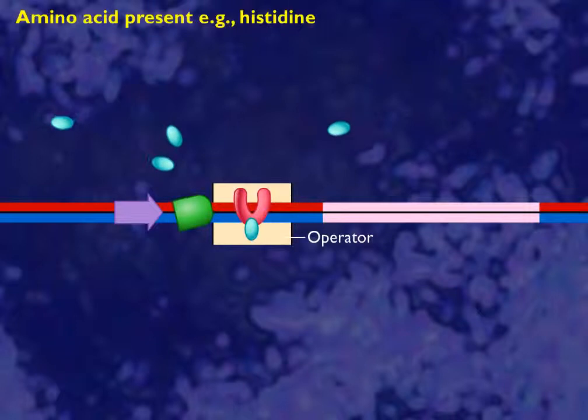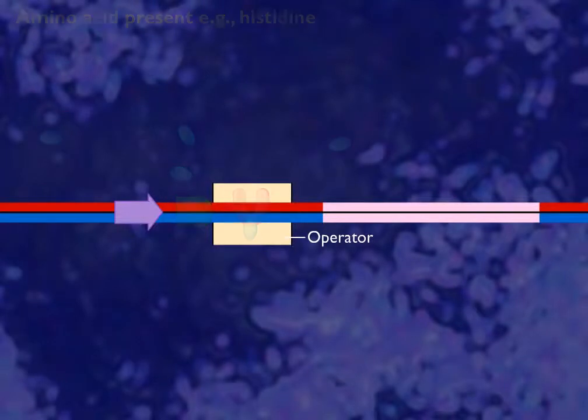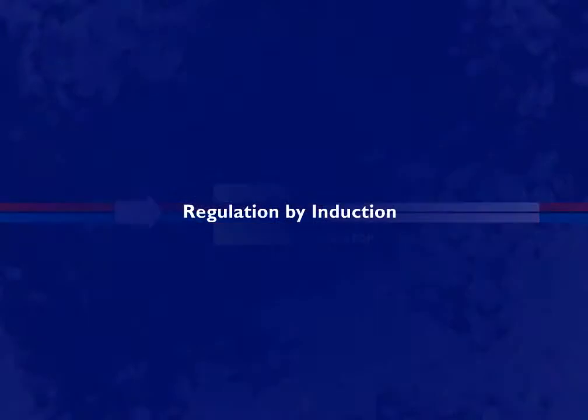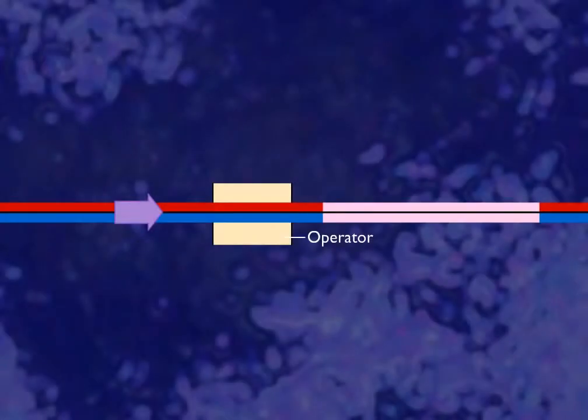When microorganisms such as E. coli are grown on glucose, they do not synthesize the enzymes needed to degrade other growth substrates such as lactose. In the absence of lactose, the regulatory protein, called a repressor, binds to the operator site and blocks transcription.